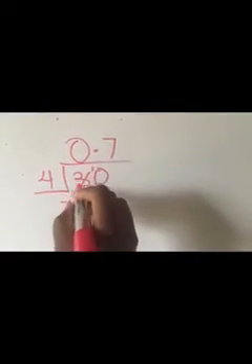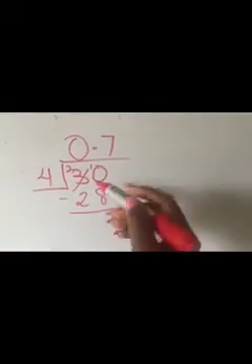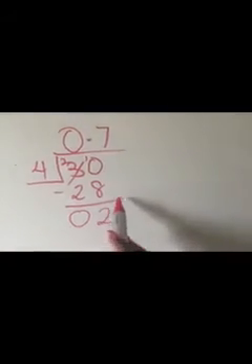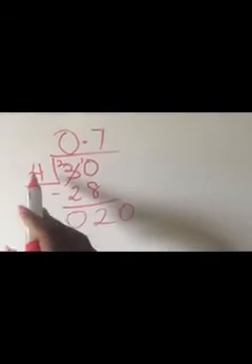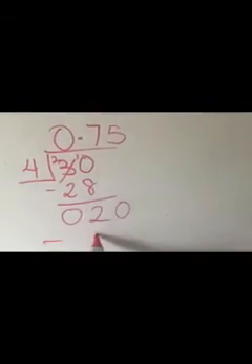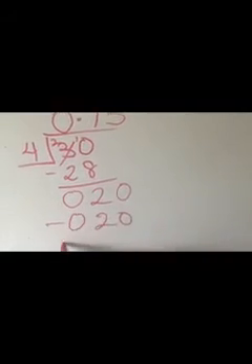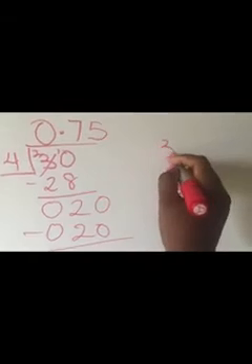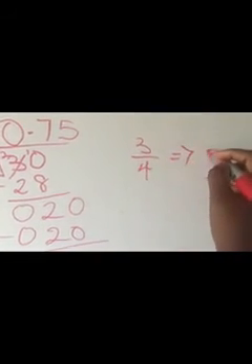This, we borrow 1 from this, and this remains 2. So 10 minus 8 gives us 2. 2 minus 2 is 0. We put 0 down here. 4 in 20 gives us 5. 5 times 4 is 20. So this is also 0. And we have nothing. So it means 3 over 4 is equal to